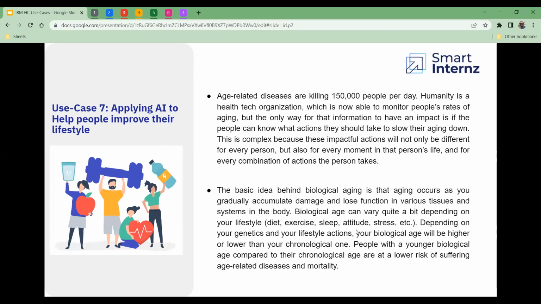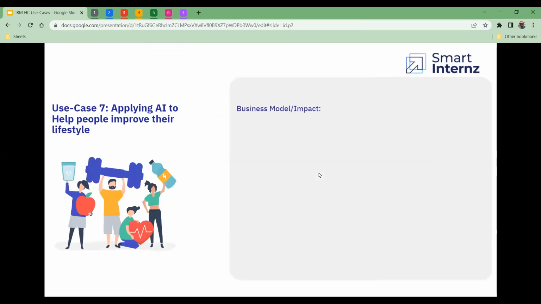Yeah, so that's where we have to apply this and do this. Okay, so we can develop a simple tool like that. Okay, let's see the business model or business impact that we can create